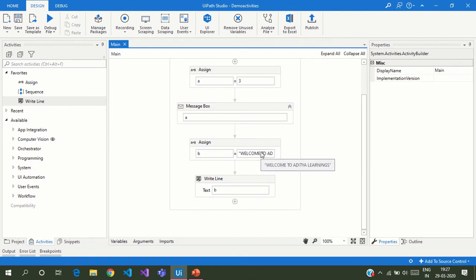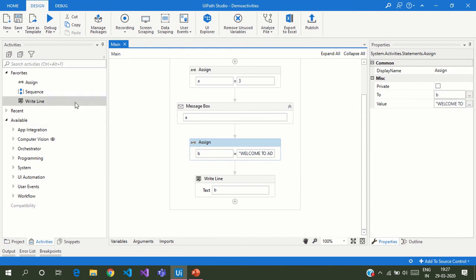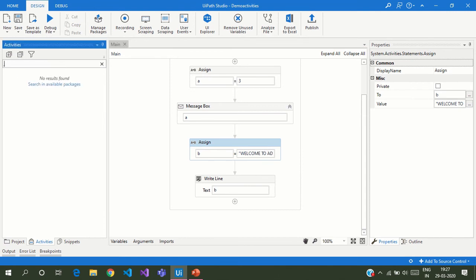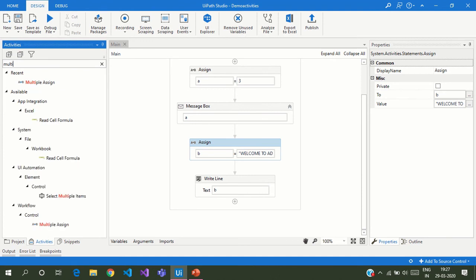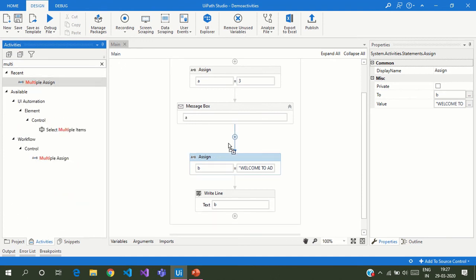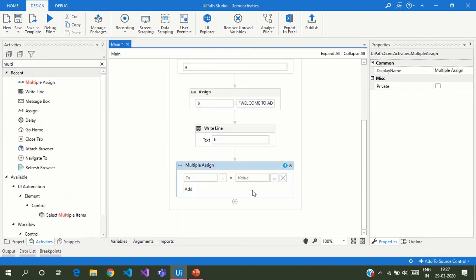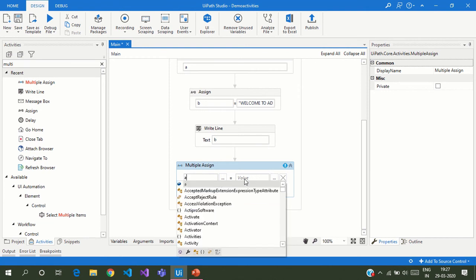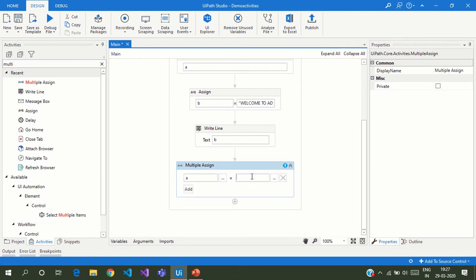Welcome to Aditya Learnings. And what about the multiple assign activities? Here we have created two assign activities for two variables. What multiple assign can do is, instead of using two assigns, we can assign two values here, and we will give the same values.